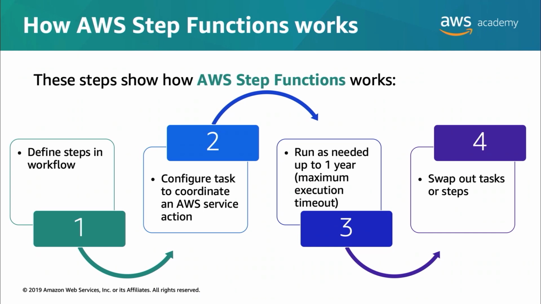States can perform different functions. For instance, they could do work like performing a task, or they could make a choice about which branch in the workflow to continue on. It's possible to configure tasks to invoke code that is hosted in a Lambda function, a container, or an instance. The code can then be run as many times as needed for a period as long as 1 year. And as workflows evolve, you can change the tasks, change the step order, add tasks, or delete tasks, all without needing to make any code